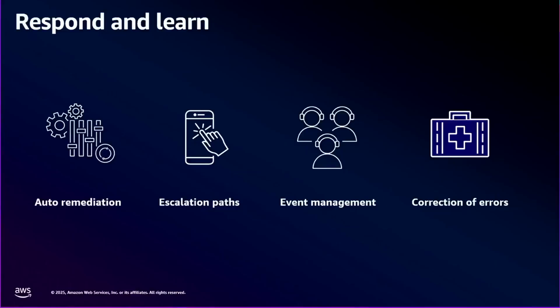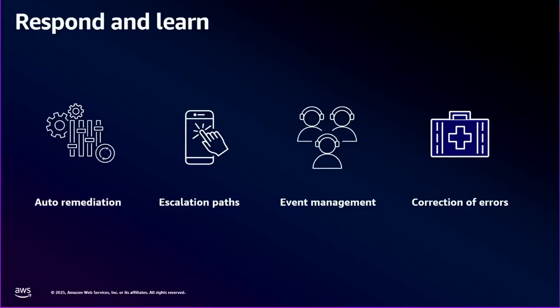What counts is being able to respond appropriately using things like auto remediation for known failure patterns. There should be no reason to have humans going through a very long runbook for known failure modes that you need to exercise continuously. So use automation for known remediation patterns. Make sure you have the right escalation paths using tools like PagerDuty or Slack to engage the right teams at the right time when you get those alarms.